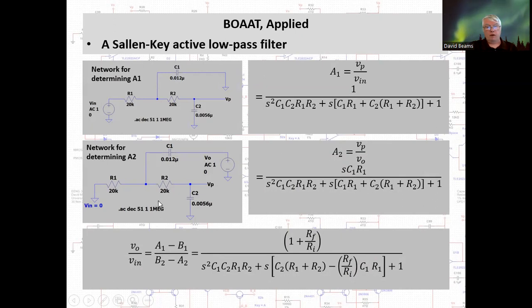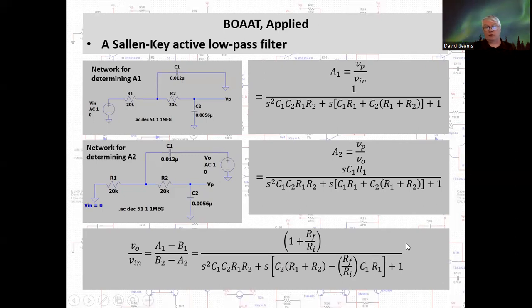Now, just as before we proceed to do a simulation of this network, I want to point out that if the op-amp is configured as a voltage follower, B2 is 1, which means RF is 0. And if the two resistors have equal values, which I've chosen, and if C1 is twice C2, which is almost the case here, I have chosen standard values for these capacitors that are almost in a 2-to-1 ratio. Couldn't hit it exactly. Anyway, equal resistors, 2-to-1 capacitor ratio, unity gain, that produces a so-called Butterworth or maximally